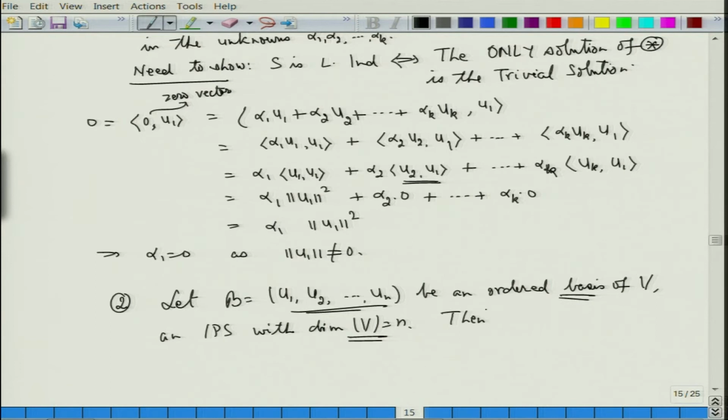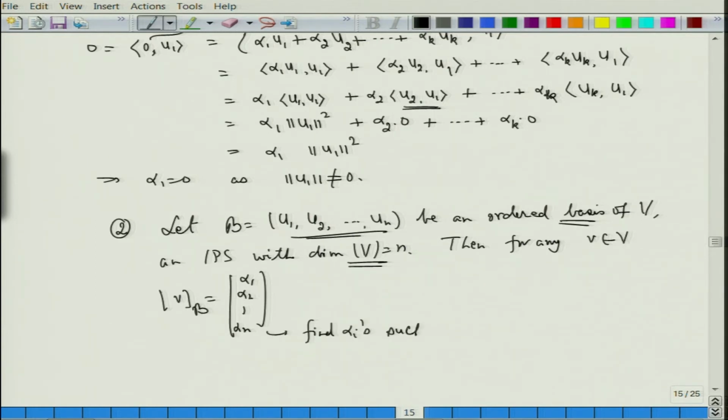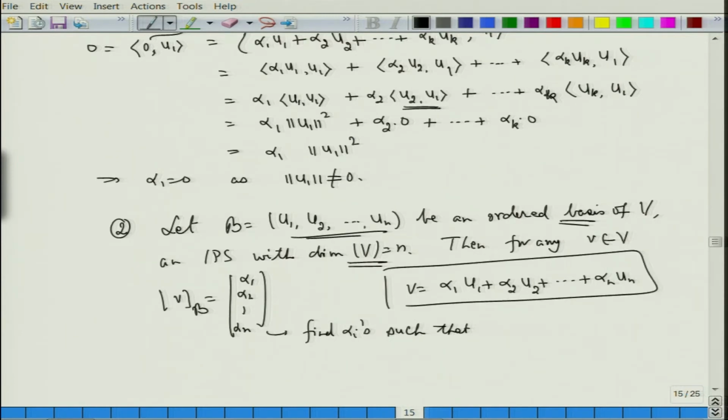Then what we know is, for any v belonging to V, if I want to compute the coordinates of v, alpha 1, alpha 2, ..., alpha n, if I want to find the alpha i's such that v is equal to alpha 1 u1 plus alpha 2 u2 plus ... plus alpha n un, so that I can write the coordinates of v with respect to basis B as alpha 1 to alpha n, then I need to solve a